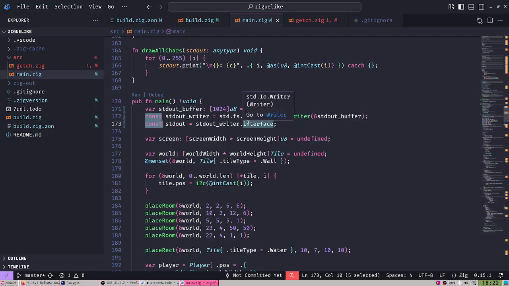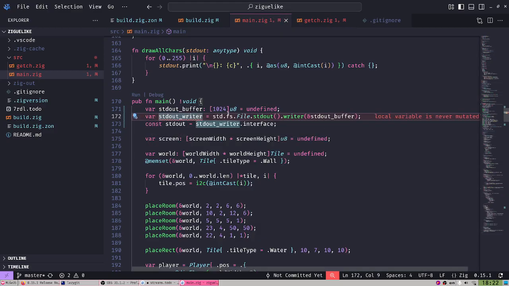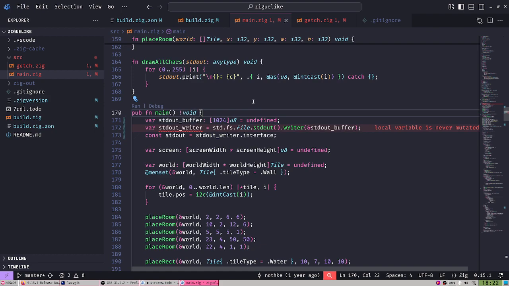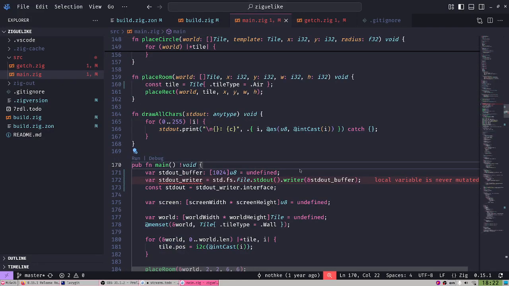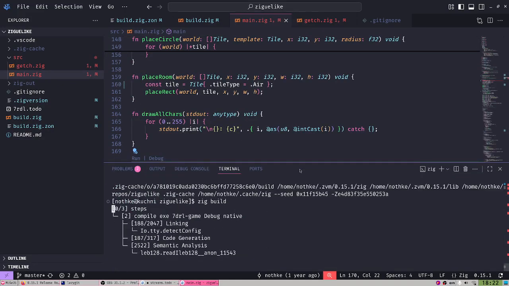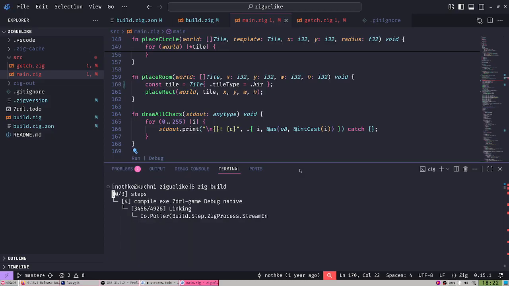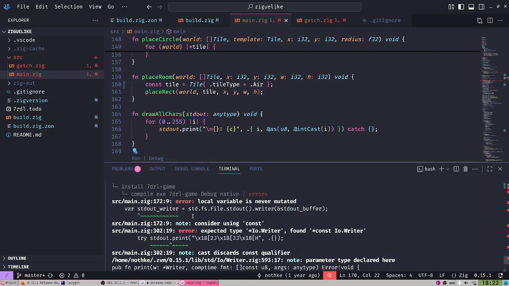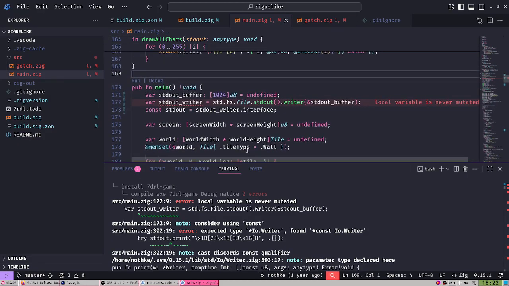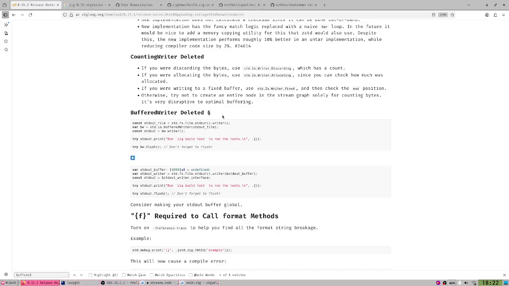But yeah, the writer itself should of course be mutable. And then it says local variable is never mutated, even though I am printing. So I don't know what's going on here. Let's see. Is it gonna work? Std writer print, it still says this should be const. Local variable is never mutated. That's weird.